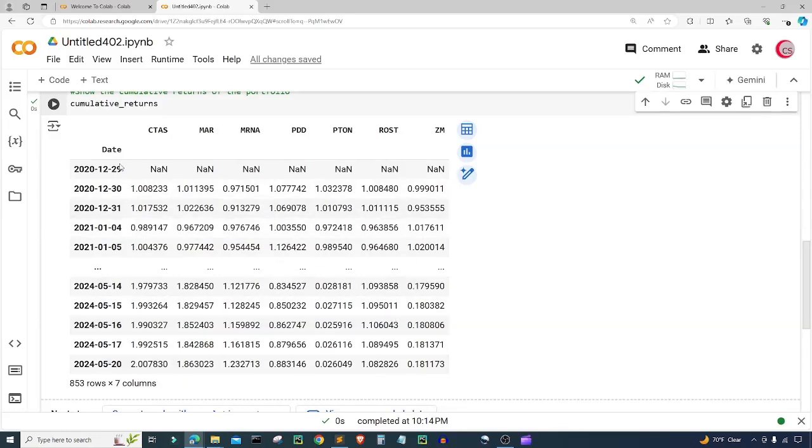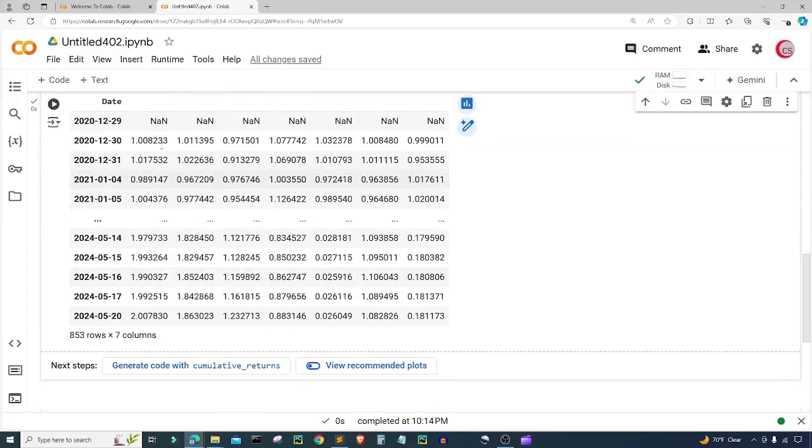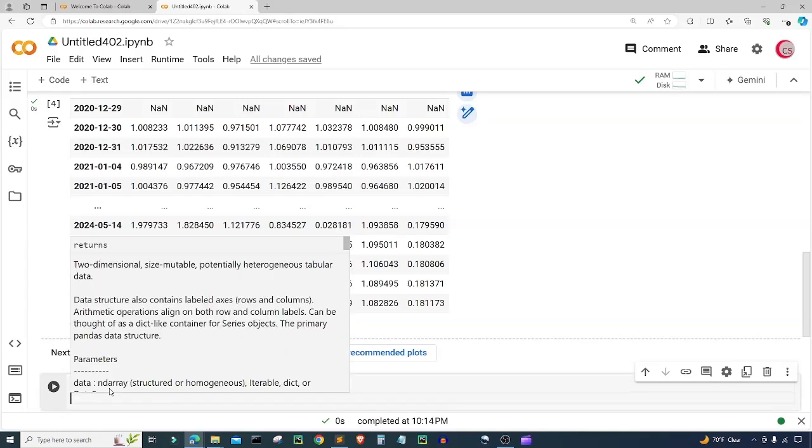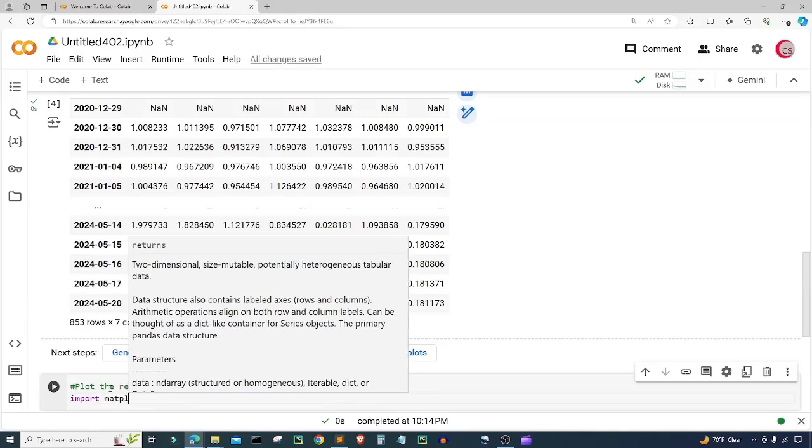Alright, and this is nice, but let's get a visual of this. That'll probably be much better, right? So here I'm going to plot the returns. And in order to do this, I do need to import another library. I need to import